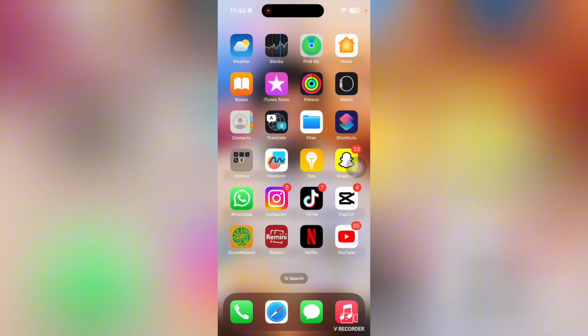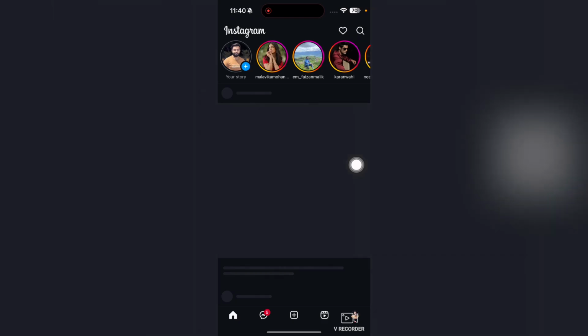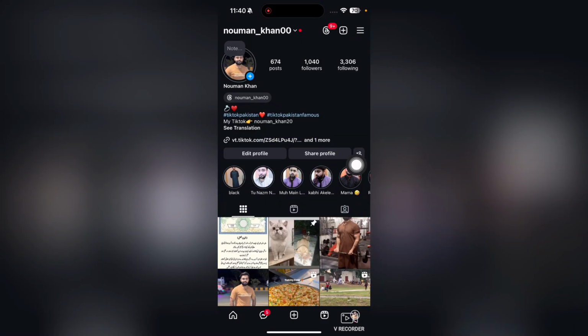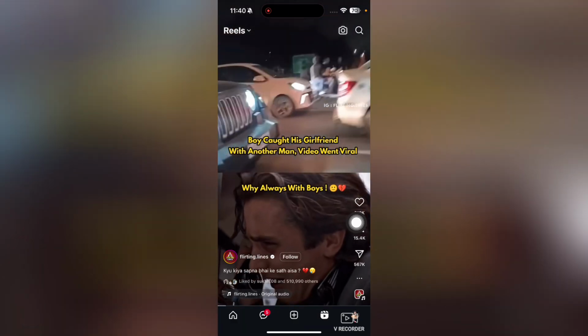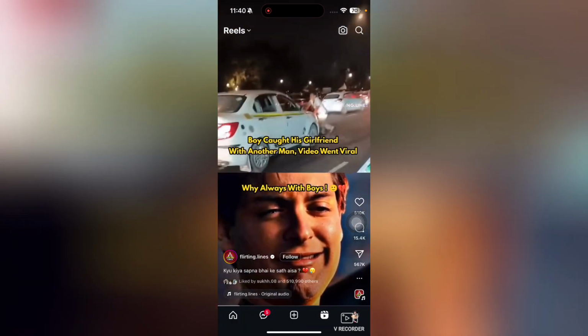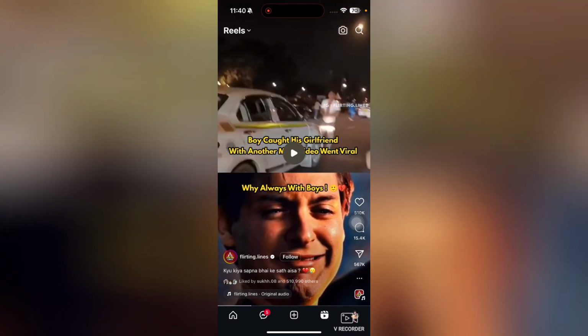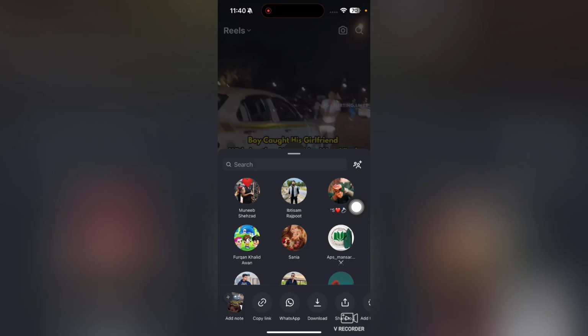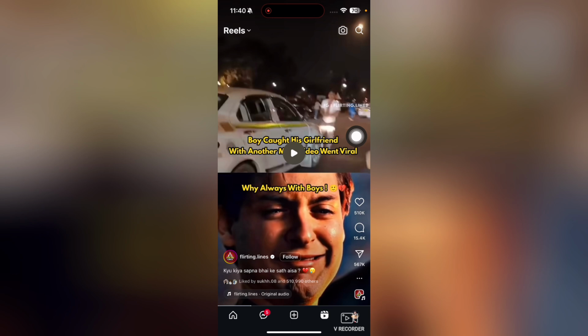So first of all, what you're gonna have to do, you will just open up your Instagram, and after opening up your Instagram, you will tap on this Reels option here. Tap on this one, okay? And now basically if I wanted to download this reel from here, what I will basically do is that I will just simply tap on these three lines here, okay? And then I will tap on this share option here, and then here you can see that I have this download option, okay? So I will just simply tap on this download option, and this reel will be downloaded into